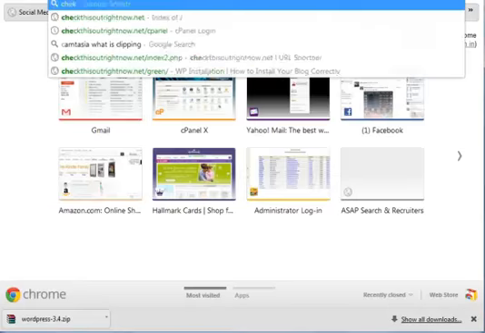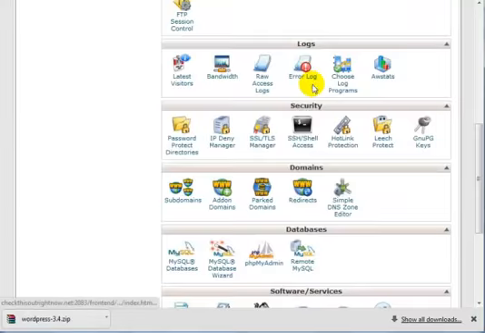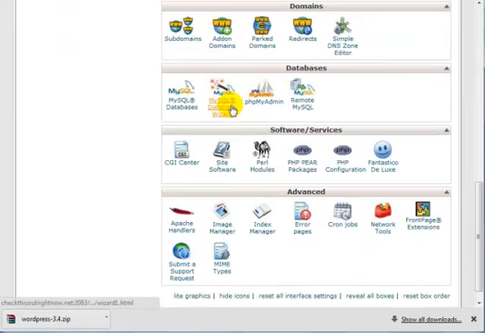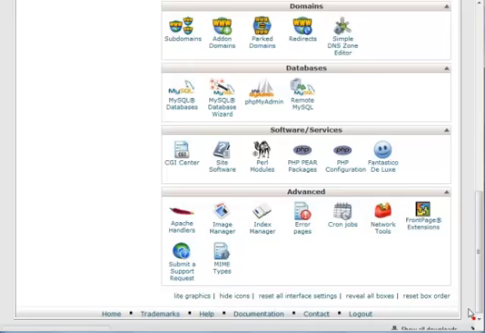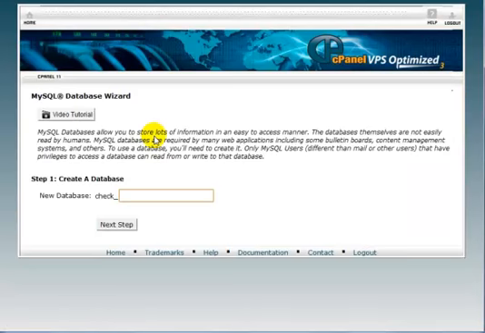So in this case, I am using cPanel. So what I need to do with cPanel is to scroll down and find where it says MySQL Database Wizard. So like I said earlier, if you're using Plesk or any other type of web hosting panel, you should see something that says create MySQL databases. And if you don't, you can always contact your web hosting company. If I click on this here and I enter, let's say, funny t-shirts 2, click on next step,